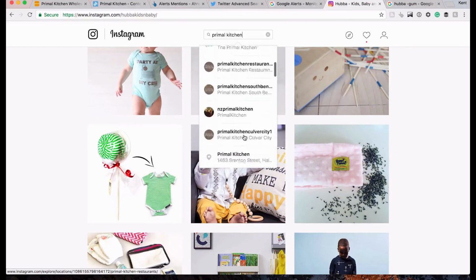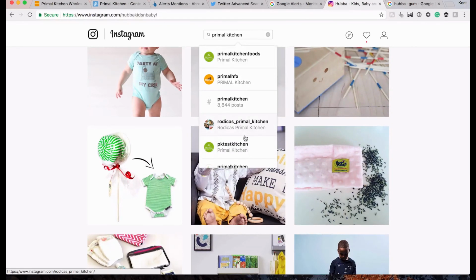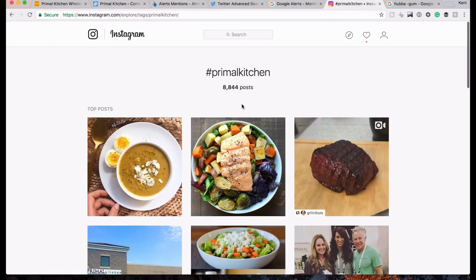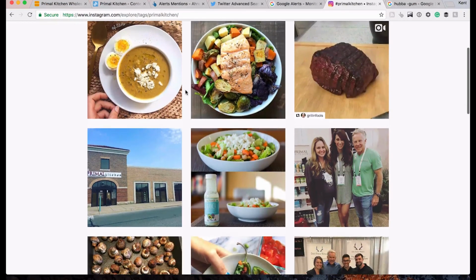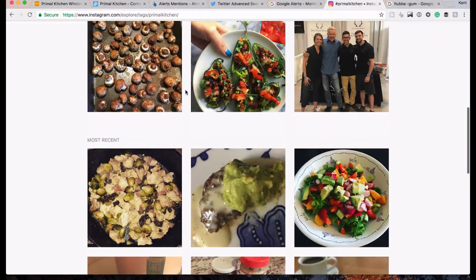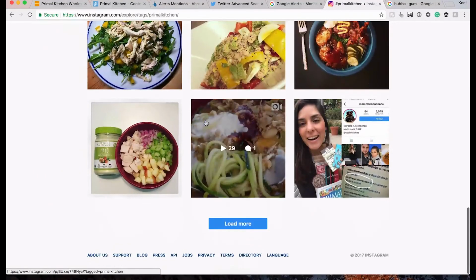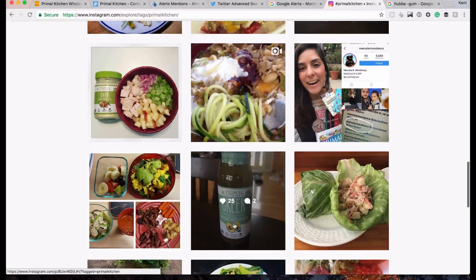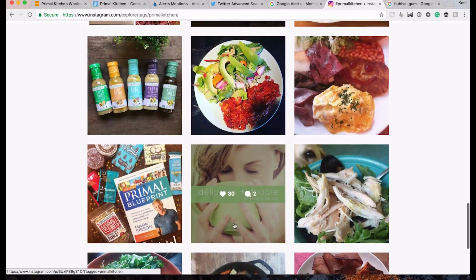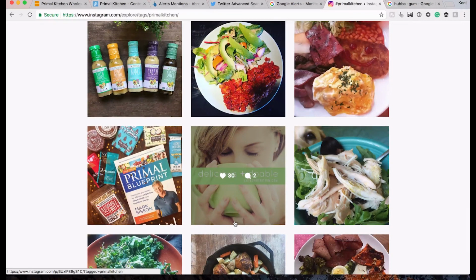And then of course, hashtags, which are the other main unit of Instagram. So Primal Kitchen has a hashtag, which means people are talking about it. And then you can look at all the different posts that people are posting about Primal Kitchen. And remember, these are not the brand posting these pictures. These are just people who are enjoying their products, tagging them using a hashtag. And what I would be doing, if I was working at Primal Kitchen, is making sure that I'm following, I'm liking, I'm commenting, and I'm engaging with everybody who is talking about it, either promoting or detracting.